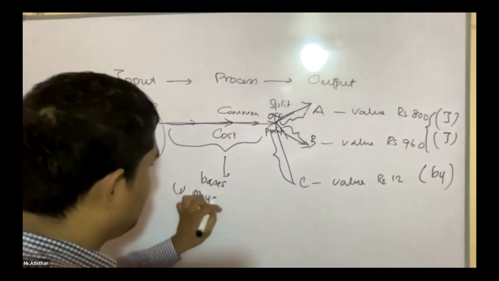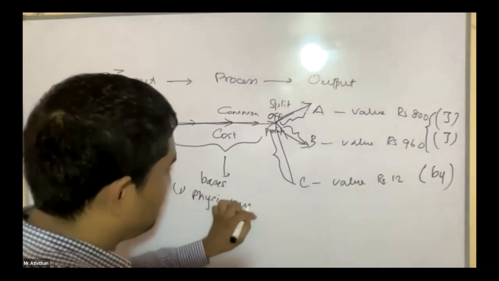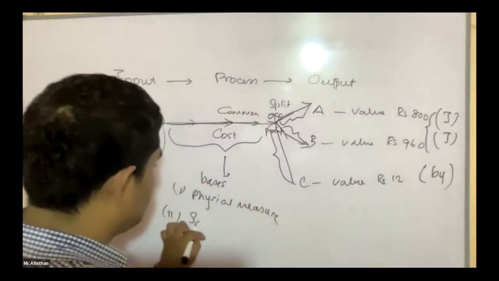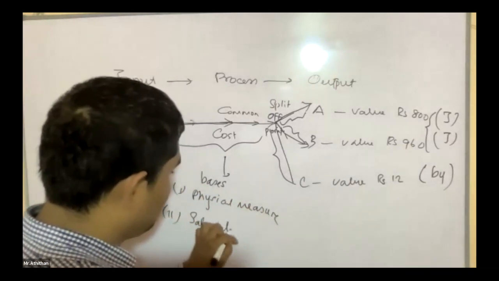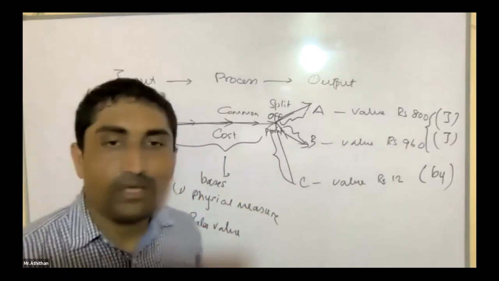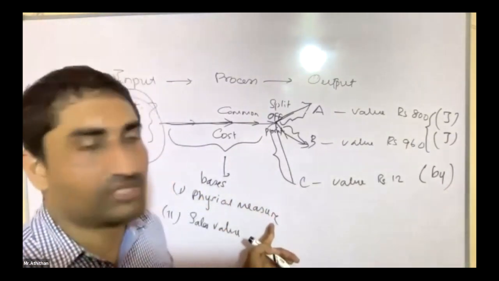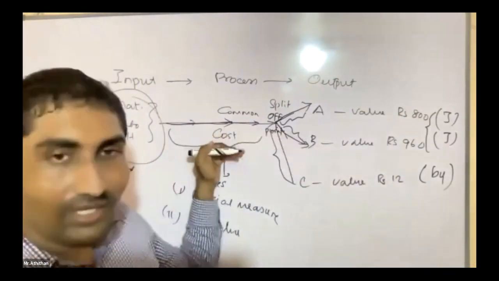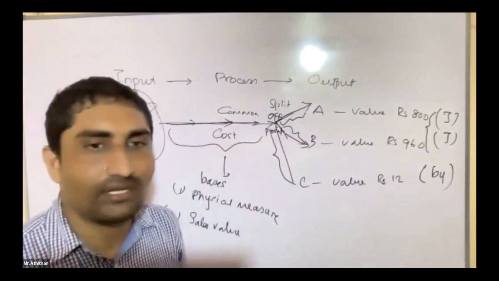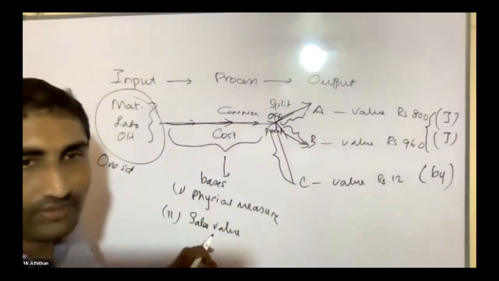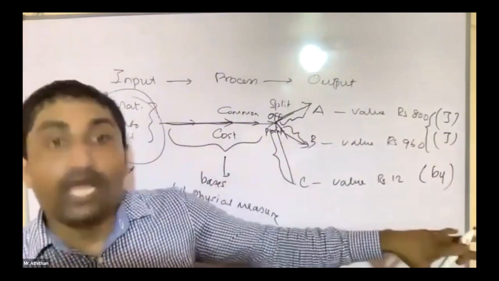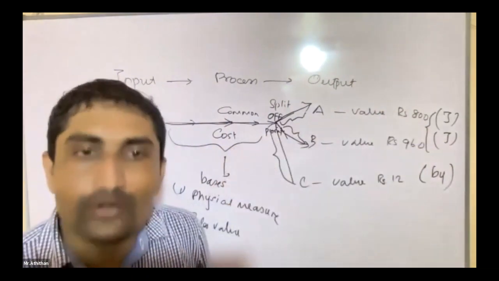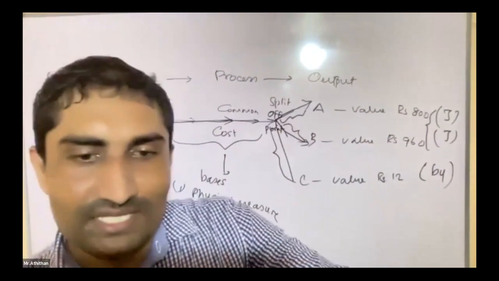Physical measure, second sales value, right? Either using the physical measure, how many units, then take the total unit, total cost per unit. Or sales value, we will take the sales value of each and take the total sales and proportion, then allocate the cost according to the proportion, right? Now we will see some examples,